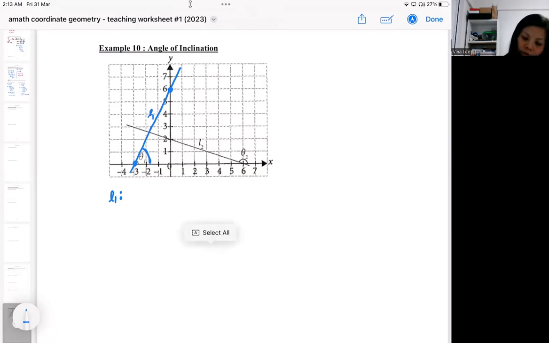So in this question, I'm just going to get 2 points on the blue line, and I'm going to calculate the gradient. So go for your calculation of gradient. Try not to make careless mistakes. So in this case, my